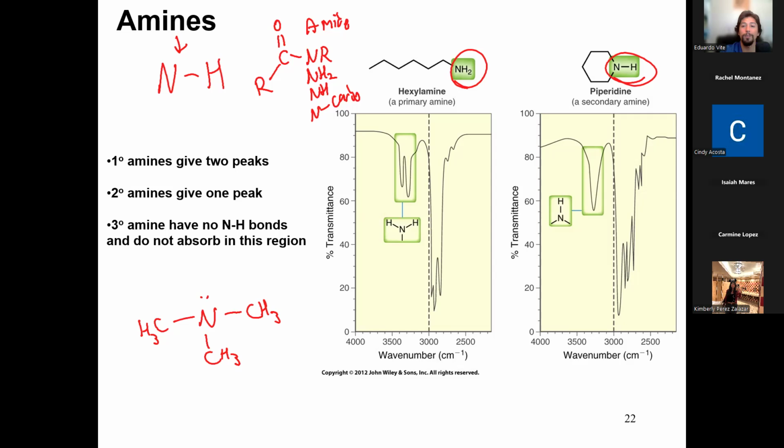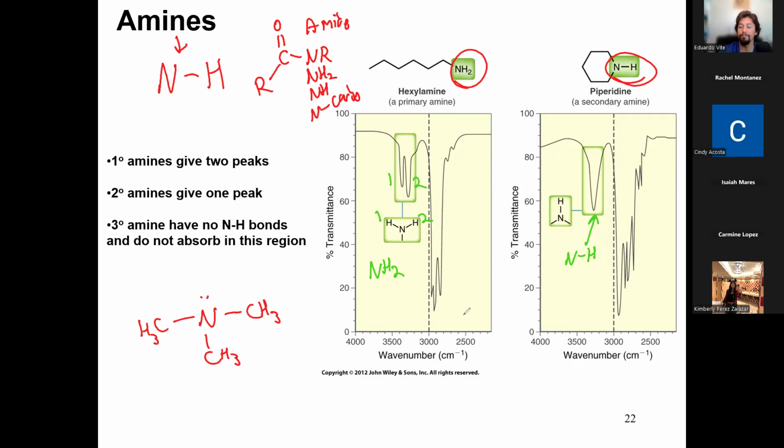Alrighty. This is one of those compounds that actually gives you some structural information based on the number of peaks. So you could see in this example, hexylamine, you have two NH bonds. So you're going to have two NH signals. Number one, number two, number one, number two. And since you have two signals, you must have two NHs. So therefore you have NH2. And if you look over here at this example, piperidine, right? It's a ring, so it only has one NH. We only see that one signal. This is just one